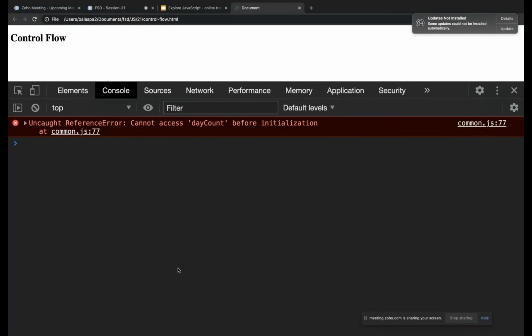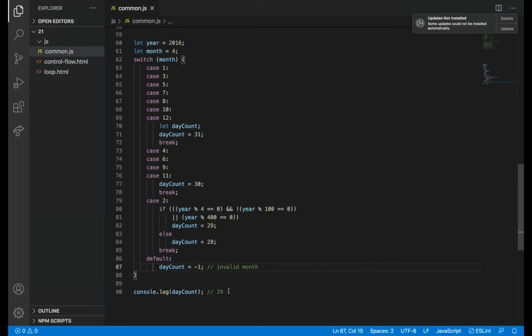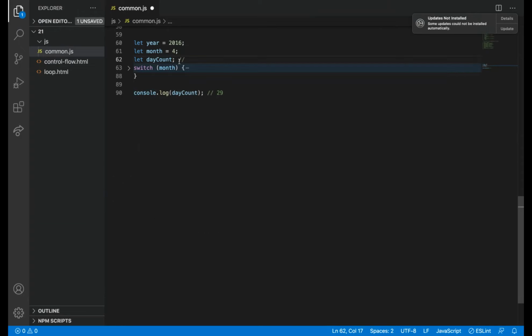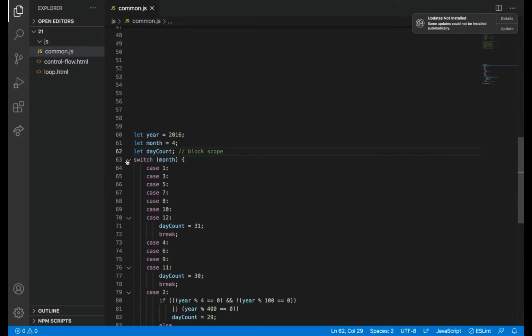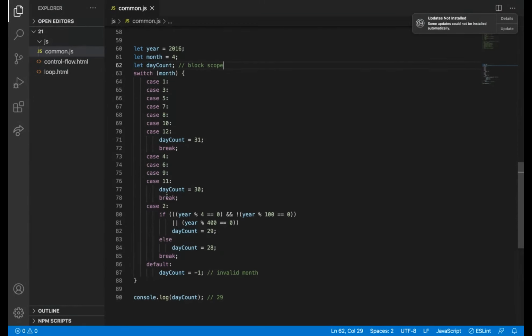Actually, what I wanted to say is, if it is not declared here, we cannot access this day count here, because we know that the scope of a let variable is block scope. After going through the previous sessions, you'll come to know these things. You can revise those. So for now, we will just stick to this program.